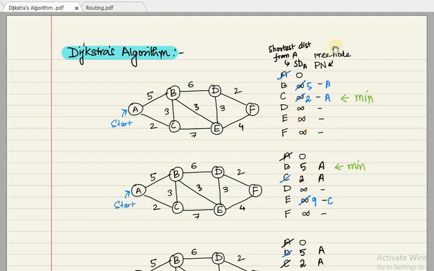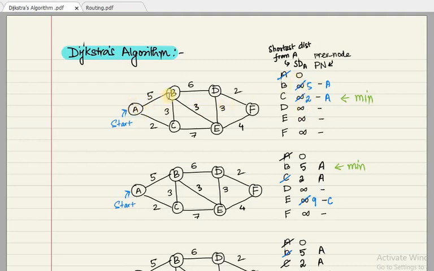So after doing this initial plot, what we have to do is take A and cross it, because that is the current node we are concentrating on. There are a lot of terms for that: visiting node, temporary node, permanent node, various concepts. But here just remember that we want to concentrate on A and find out what other nodes it is linked to.